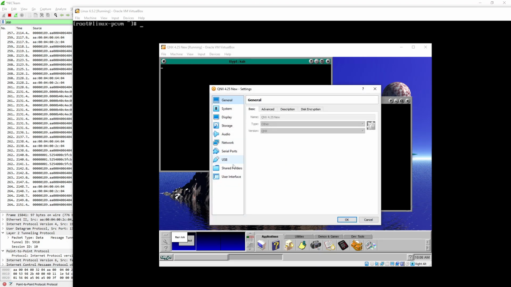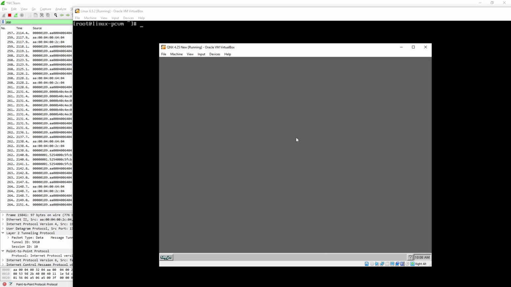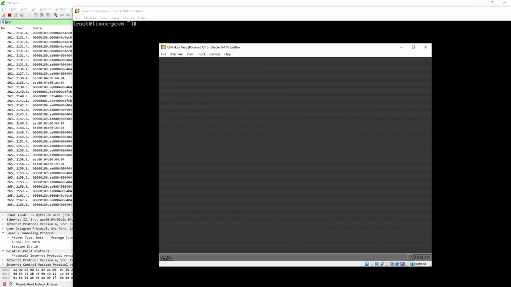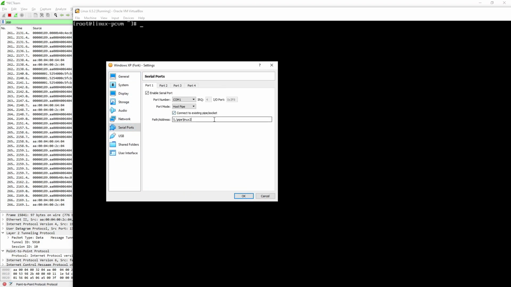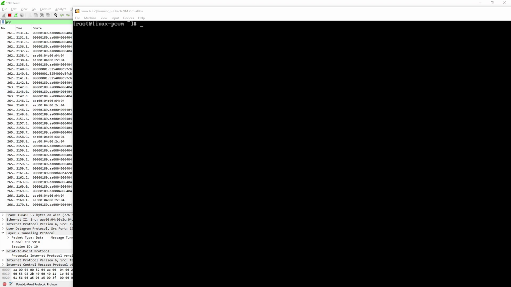Hang on, I need to see what COM port I'm eating up here. Okay, so COM2. So we will wait on QNX to die, and by die we will just force it to die. I will configure a Windows XP VM to operate on this COM2 here. So let me bring that up, and